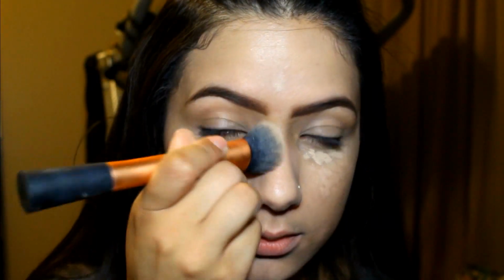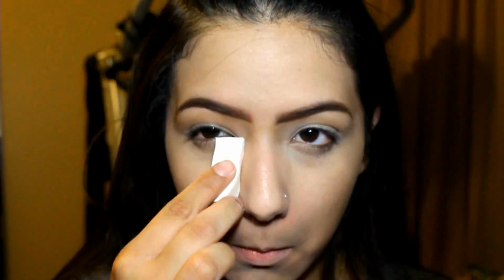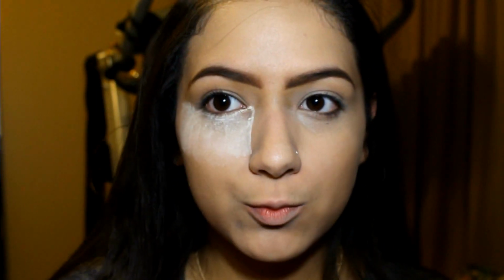Then I went in with MAC Pro Longwear Concealer under my eyes, and I dotted a very little bit of it because I was running out of it. And next I'm using my Airspun powder, which is a loose, translucent powder, and I made that ugly face because I was trying to open the cap and it almost fell all over. And I go in with a little sponge and I put that under my eyes,